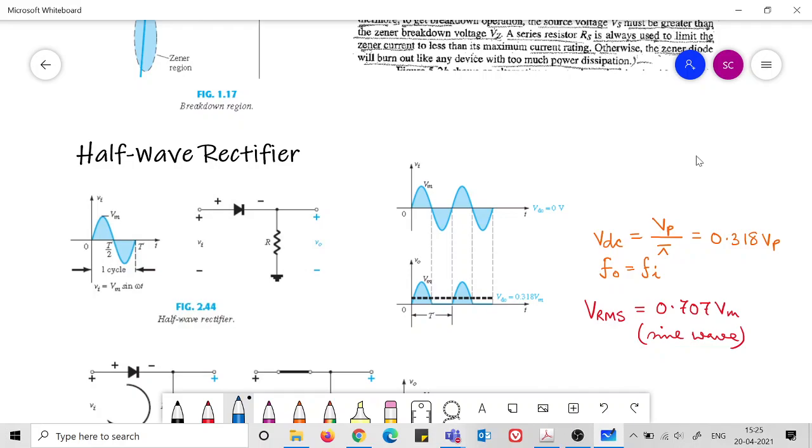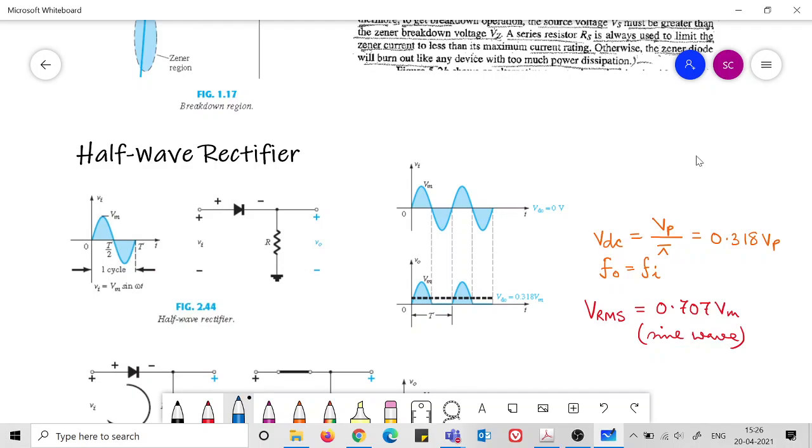Another thing to note is that the frequency of the output signal is the same as the frequency of the input signal. What is frequency, or what is the time period if you relate to it? The time period is the time after which the signal repeats itself. The time after which the signal repeats itself is the same for the input signal as well as the output signal. That is very evident from the graph that we are seeing here. Now another important thing, you should note this formula. You might already know the Vrms.